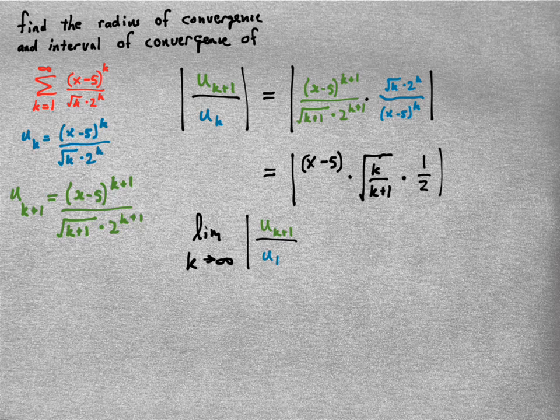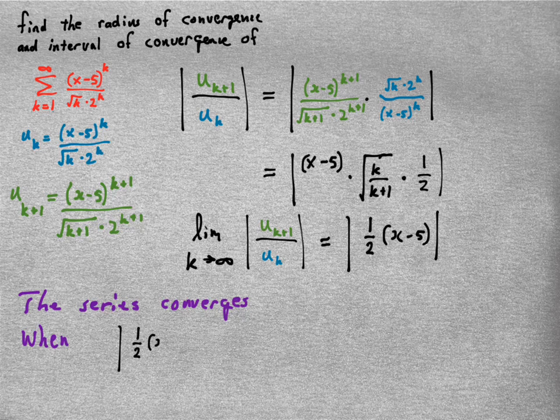So, this time we do have something a little bit more interesting occurring. As we allow k to approach infinity, this approaches 1, and this approaches, well, it's a half. So the only thing affected by k is the square root of k over k plus 1. We can see how it's going to be, regardless of that plus 1, this will still get closer and closer to 1, actually really quickly. So what I end up with is the